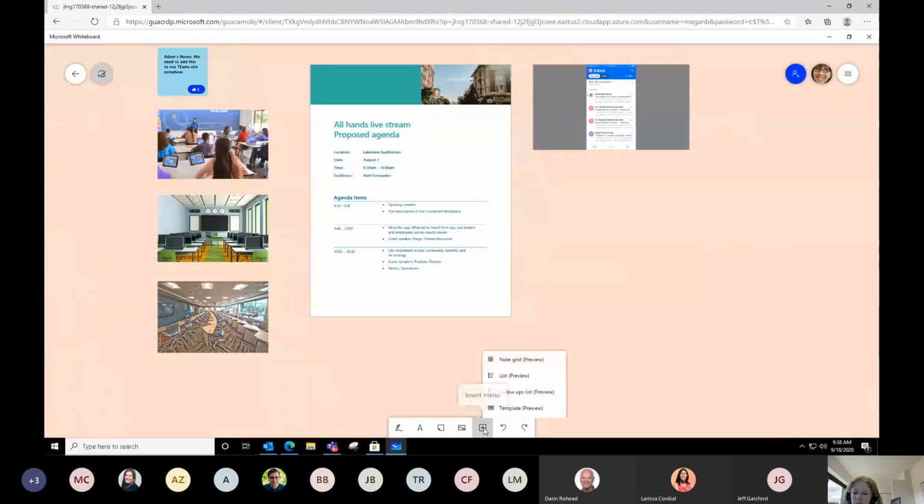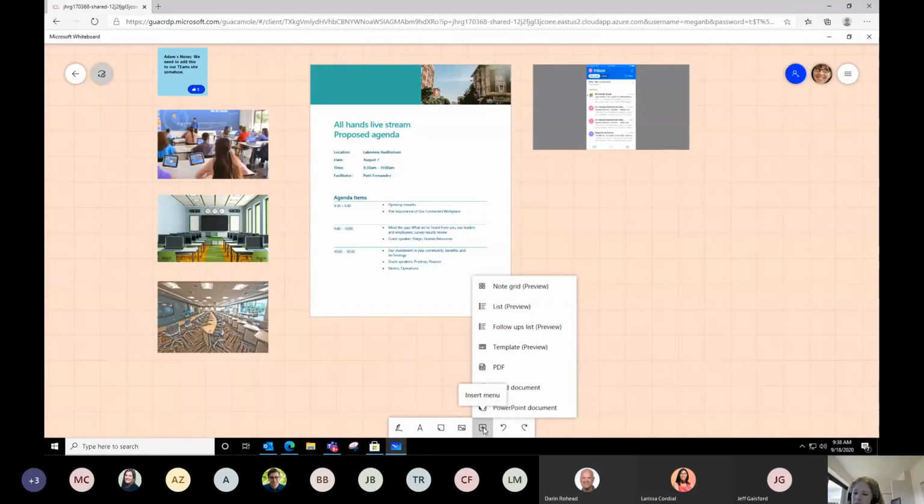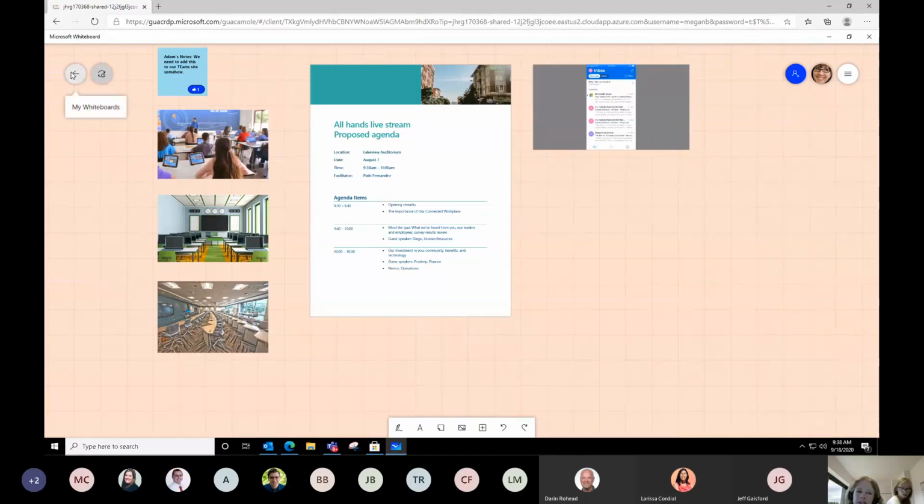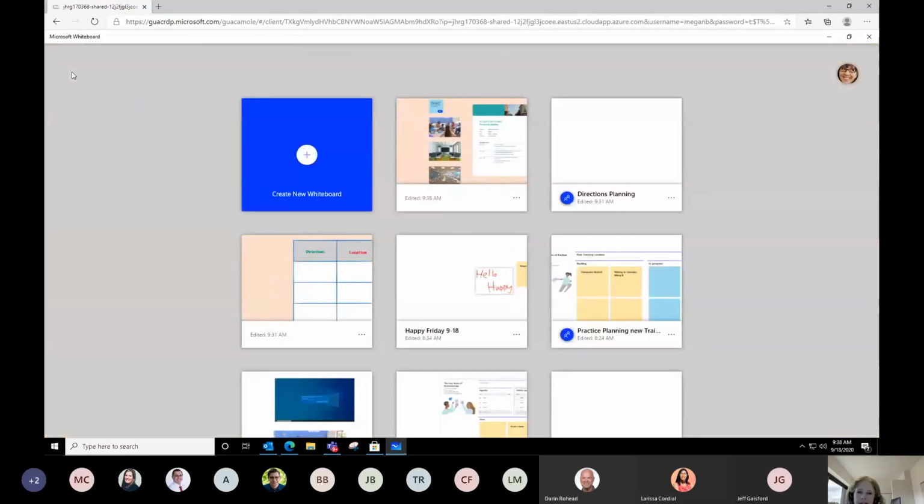From this insert menu, I'm going to come in and I want to show you a brand new thing. Now, notice quite a few things that you're seeing in my list say preview next to them. That means that they may not be turned on in your Whiteboard app yet. What Microsoft does is they'll put things out in preview before they basically send them out to the masses. So that's why we're seeing that here. And for this one, let's go ahead and do one more new canvas because some of these other features take up a lot of room. So let me go ahead and click on the back arrow.